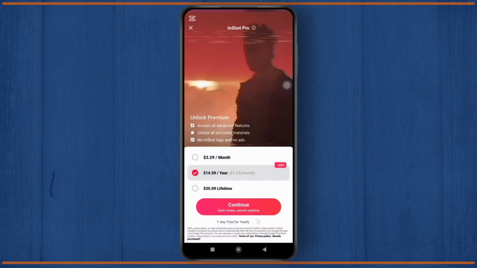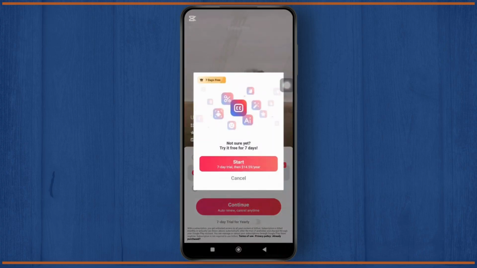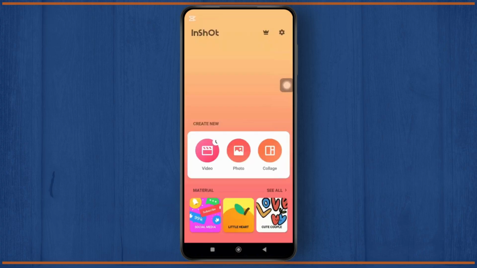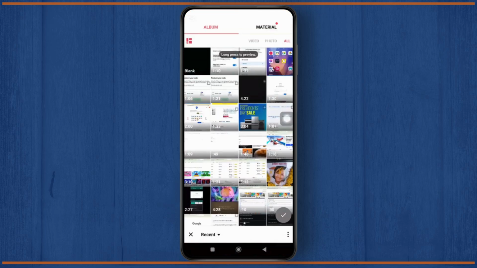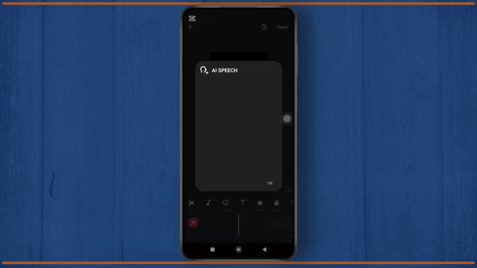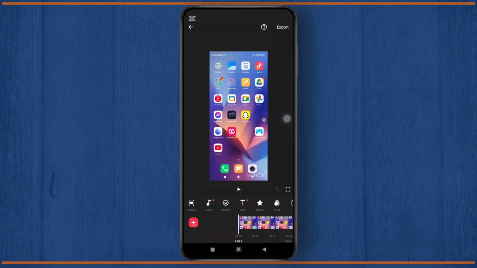So first, open the InShot app on your phone. And once you are in the app, simply tap on the video and select the clip that you want to edit. And this will open up the editing interface. And once your video is loaded, you can simply tap on the option labeled precut, and here you will see